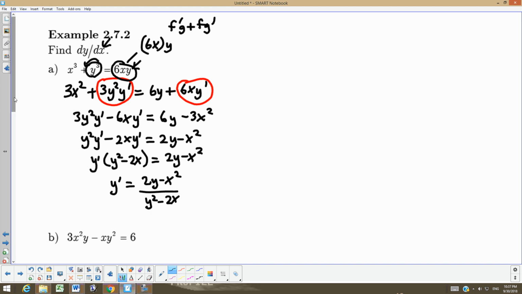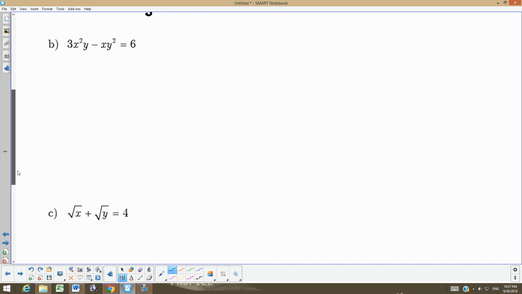Okay, let's move on to the next example here. 3x squared y minus xy squared equals 6. Okay, so again, we've got a product here, so I'll just kind of view it as 3x squared times y. And so I'm going to take the derivative of 3x squared, which is 6x, times the fixed version of y, plus fixed 3x squared times the derivative of y, which is just y prime, minus, okay, careful with the minus